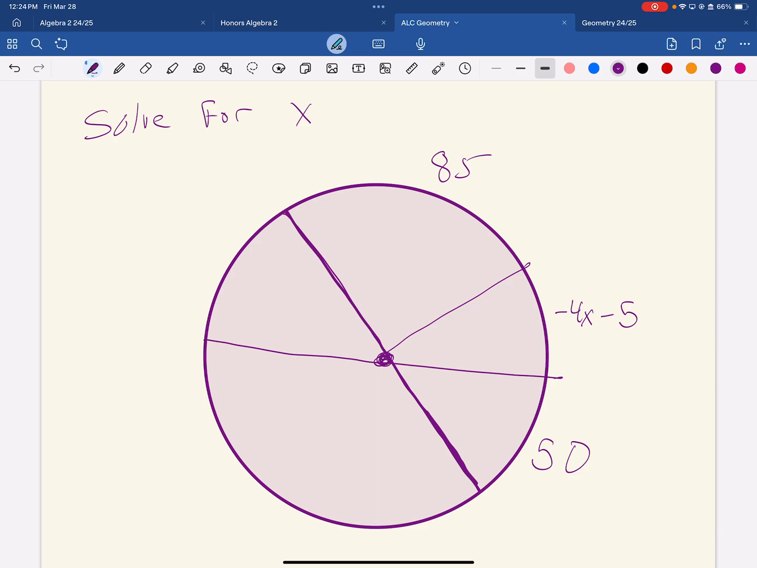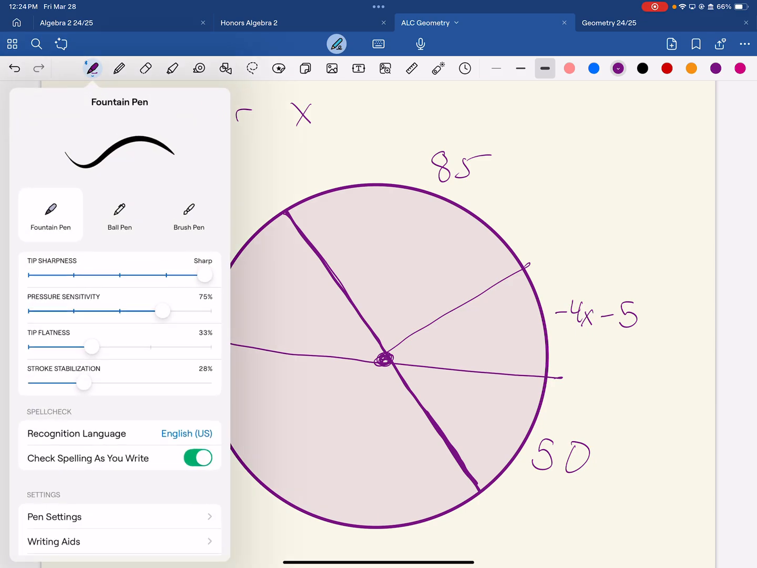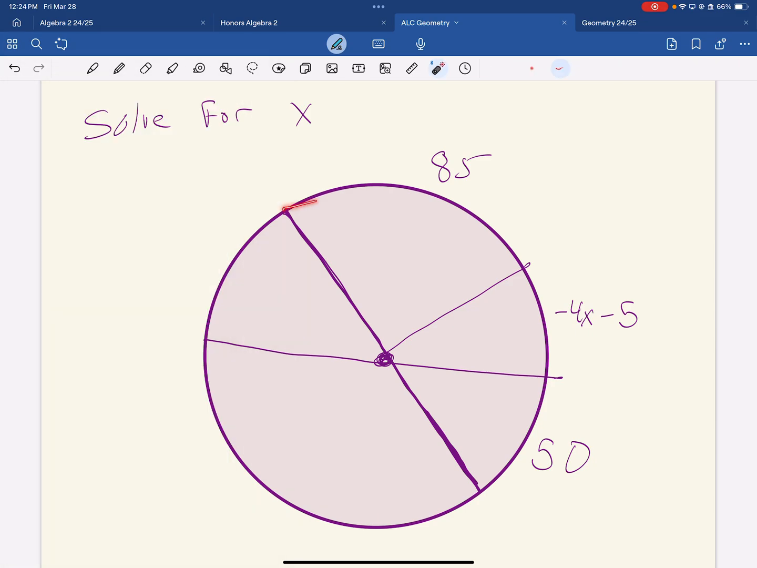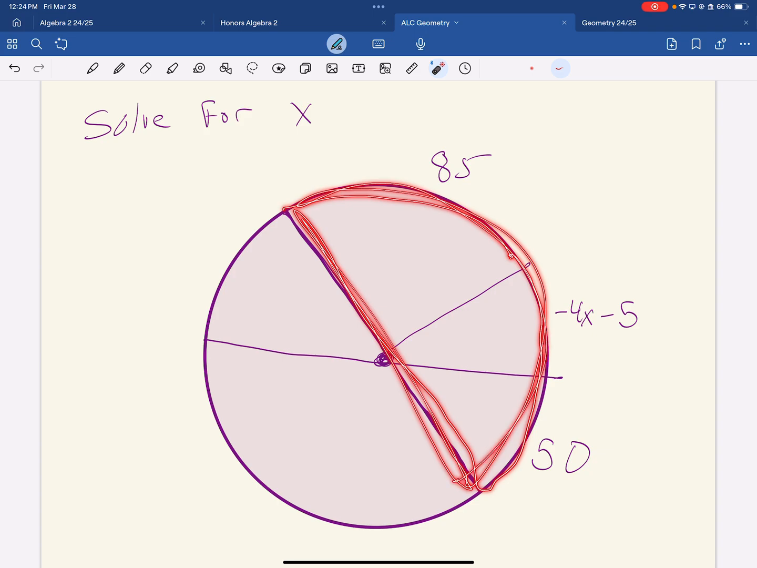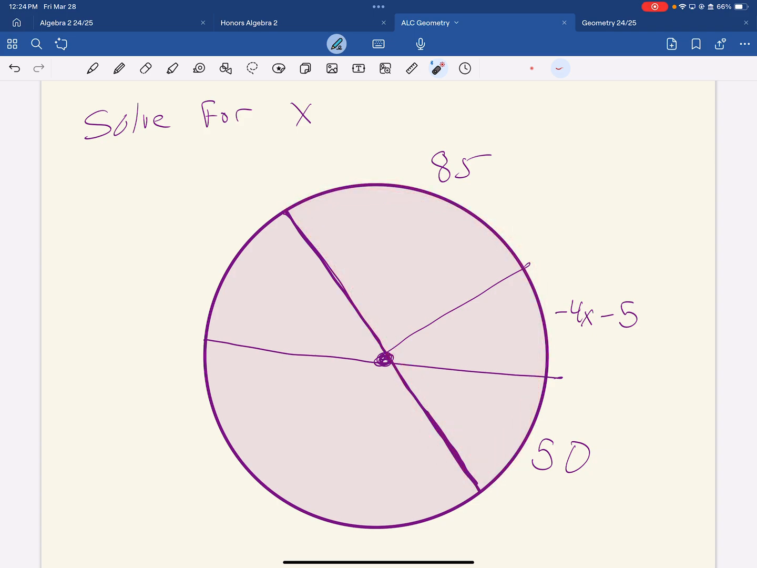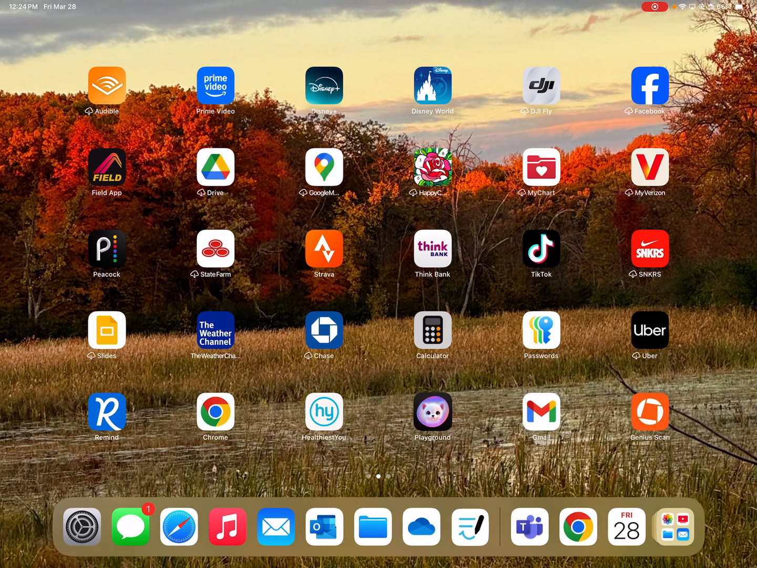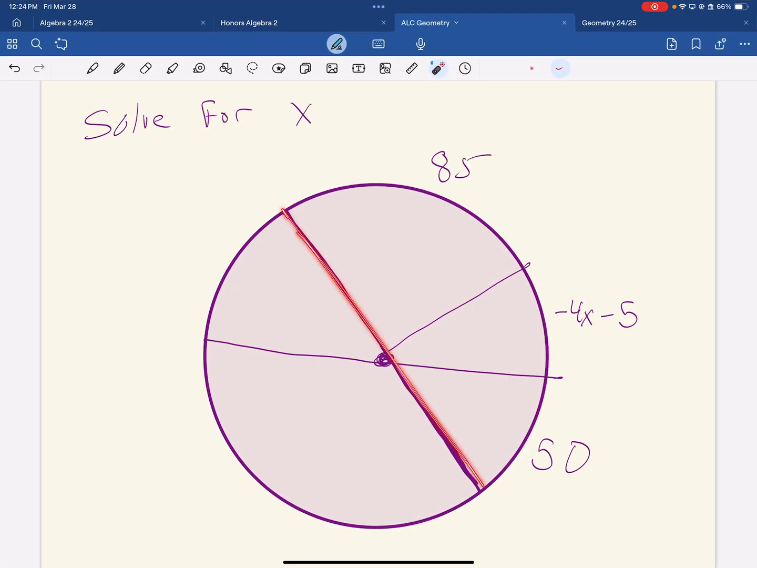Okay, so let's put a plan together. We have these 3 arcs. Here, here, and here. What do those 3 arcs have to add up to? 180. They have to add up to 180. Because this right here is a diameter. So because that's a diameter, those 3 have to add up to half a circle, which is